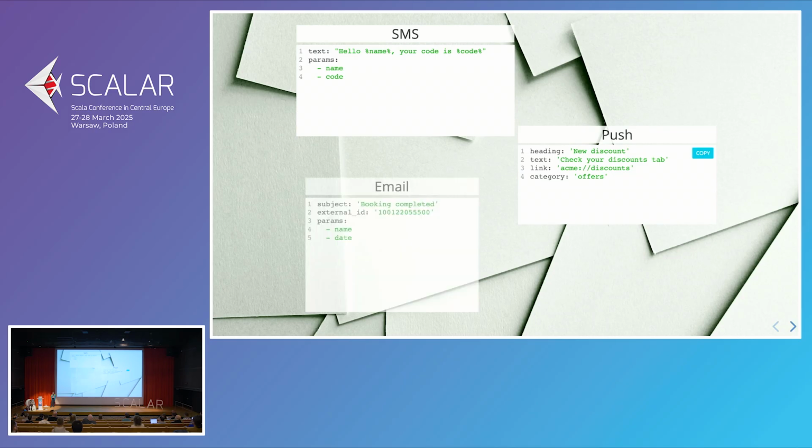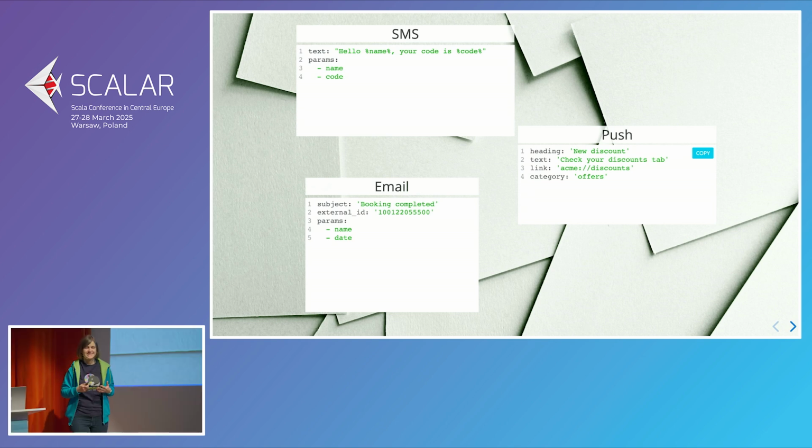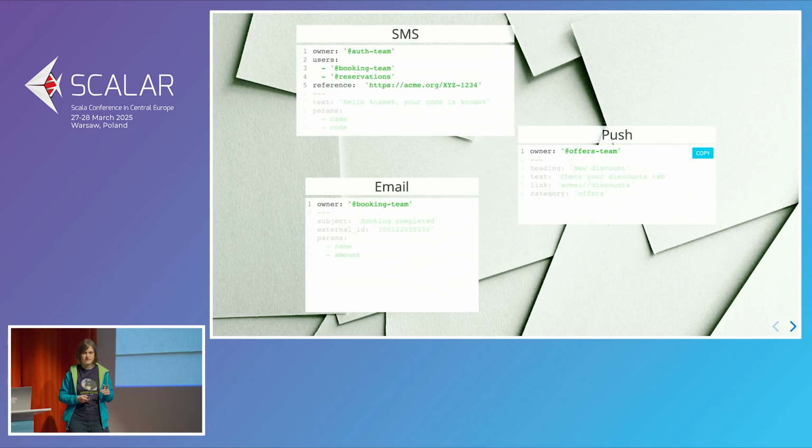And with the emails, it's a bit different because they're full of HTML and CSS, and they are actually stored on the provider side, but we just need the external ID of the template on the provider, and then we need to be aware of the parameters. So these were the main things that we wanted to model in our domain to make sure this is the correct thing, which only can exist in a correct state. But actually, we decided to add some metadata for it to ensure this separation of responsibility and ownership. So also a template needs to have an owner. It can have several users, so Slack teams or teams in our organization, and some reference.